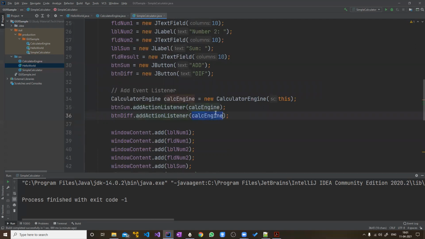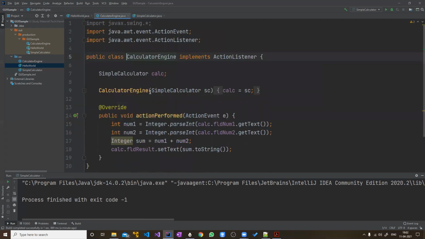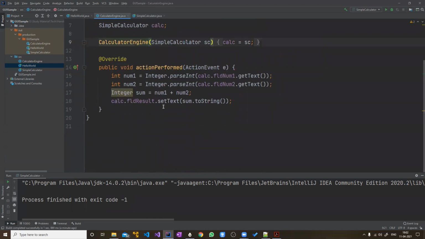That means it is the responsibility of this event listener to be able to differentiate whether the button click event is being raised by the add button or the difference button. So that has to be differentiated here. So how to do that?